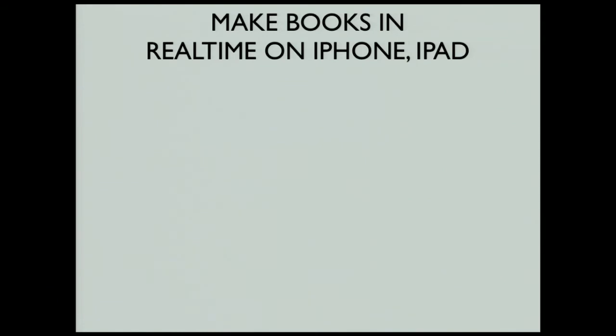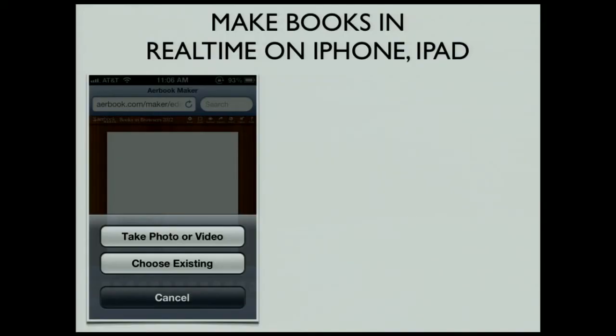And this is what we were talking about yesterday, another source, and one that we're really interested in, and falls out of the architecture of being in the cloud, is to make books in real time on your iPhone or iPad, and maybe Android at some point. What that means is, I always have to tap here. So this was, I did this morning with my phone, and that's what I just did with the iPad,